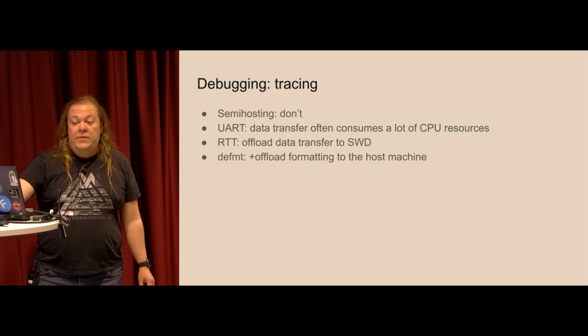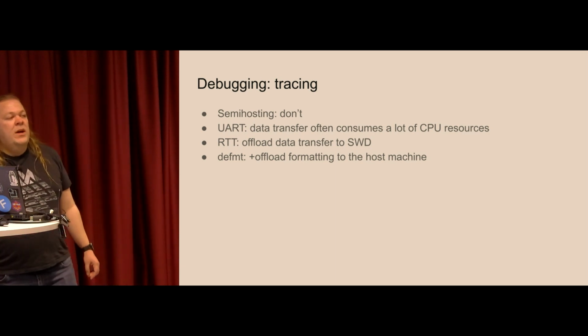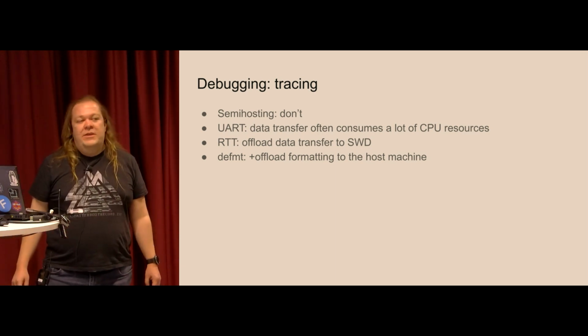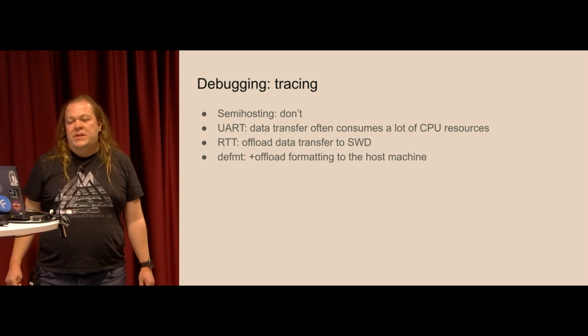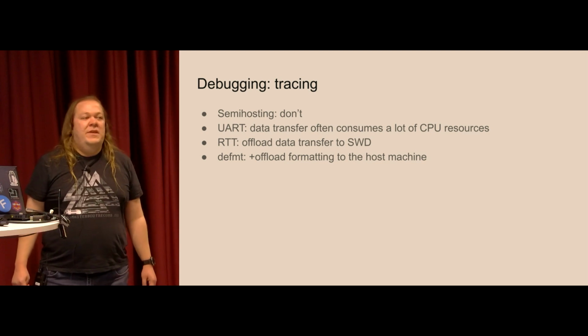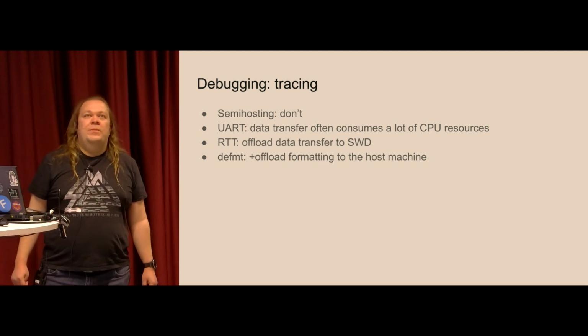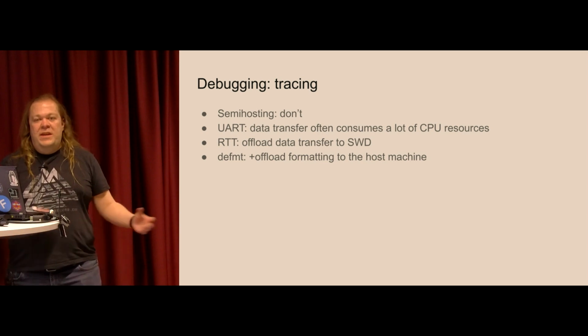And then we have tracing. There are multiple options in the Rust ecosystem. The first one, the oldest one, is called semi-hosting. Semi-hosting is a mechanism to fire an interrupt or a halt instruction inside the microcontroller and let the debugger grab the data to the outside